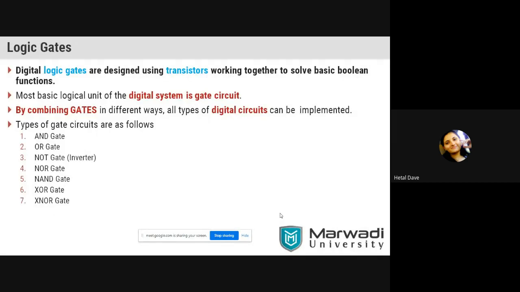So in the theory, we need to learn all these seven gates, but based on experiment 3, right now we will be looking only at NOR and NAND gates. The rest of the gates will be covered in our theory session. Whenever these gates are combined, a digital circuit is designed. When digital circuits are combined, a processor-based system can be designed, and when processor-based circuits are combined, a complex system is designed. Ultimately, the basis of all these complex circuits is what? Gates, either basic gates or universal gates.